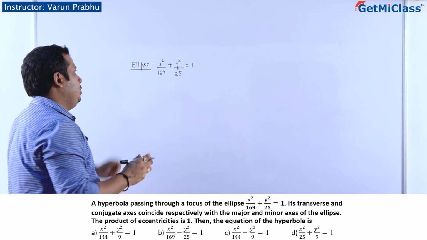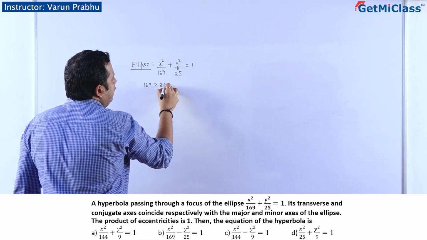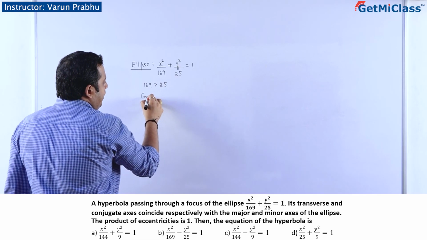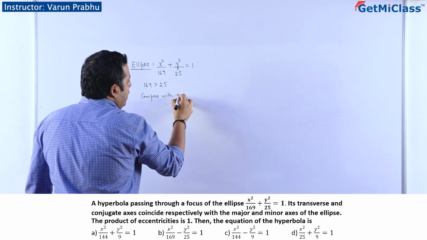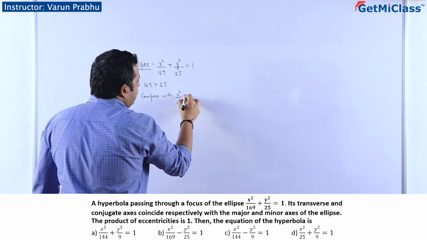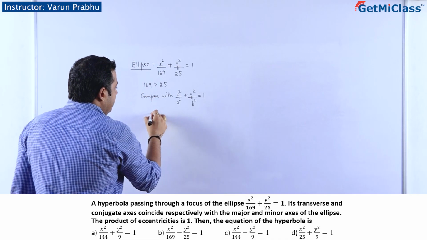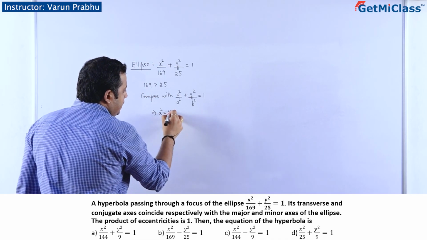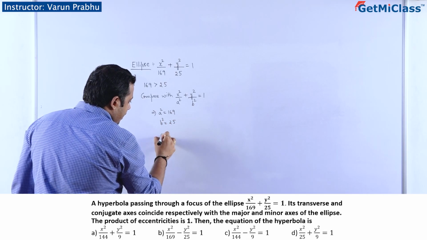If you look at this question, there is an ellipse given in the problem, 169 greater than 25. So, we have to compare this particular ellipse with x square divided by a square plus y square divided by b square is equal to 1. This implies that a square is equal to 169, b square is equal to 25,